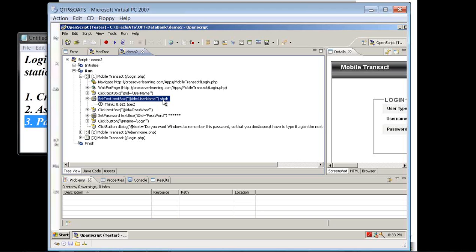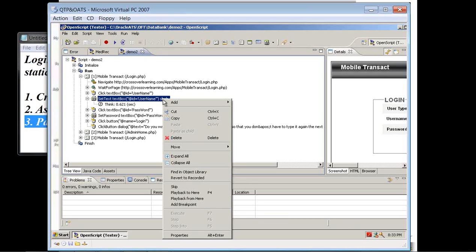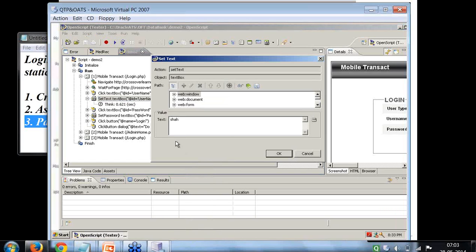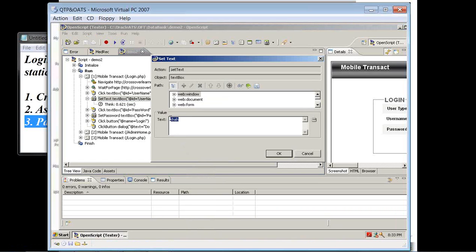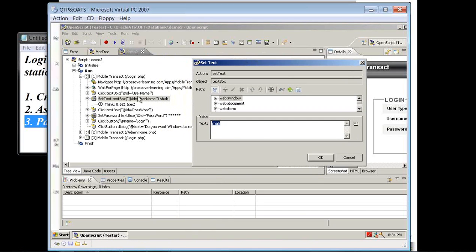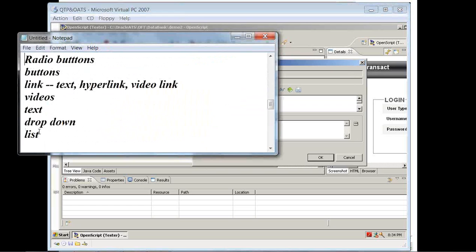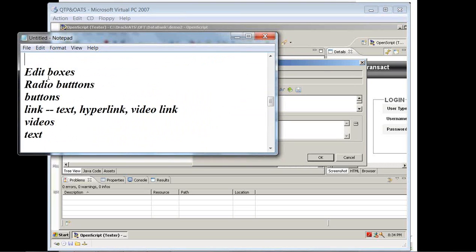Now I have a value here. I want to replace that. I just right click and say properties, and this is the text value, the static value. You can see that in the script it is saying set text box. We had discussed different objects in a web page, and one such object was an edit box.